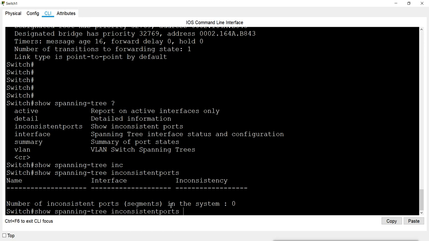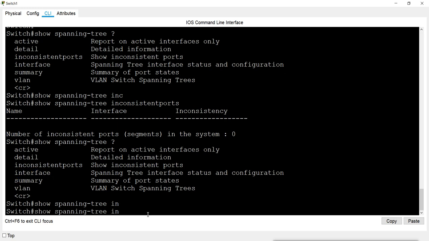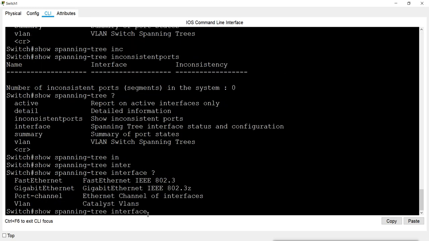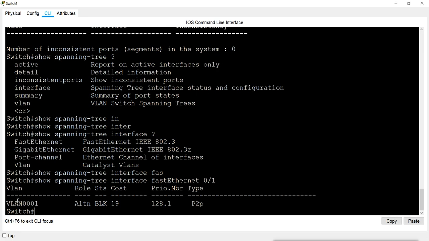STP will detect that. We can check the interface information also, if we want to check a particular interface. Like I want to check this interface, so it shows only the information about that port.